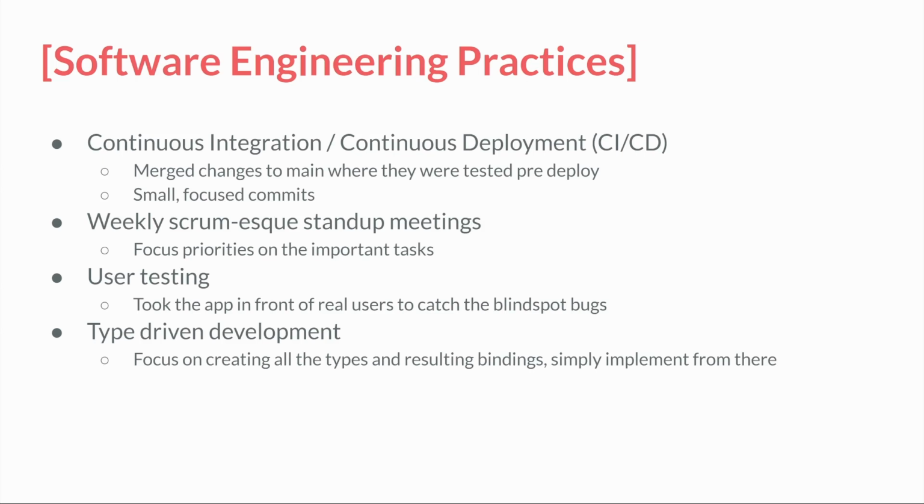We did weekly Scrum Master stand-up meetings, which talked about what we did, what we need to do next, normal priority stuff. We did some user testing, where we saw some of the difficult to see bugs when you're developing the app. There's a lot of bugs that you think aren't actually a problem. One notable one we fixed thanks to user testing is actually being able to delete a Freetime. We always just created them when we were testing the database and testing our application. We never thought about deleting it, and that was a funny oversight that we fixed.